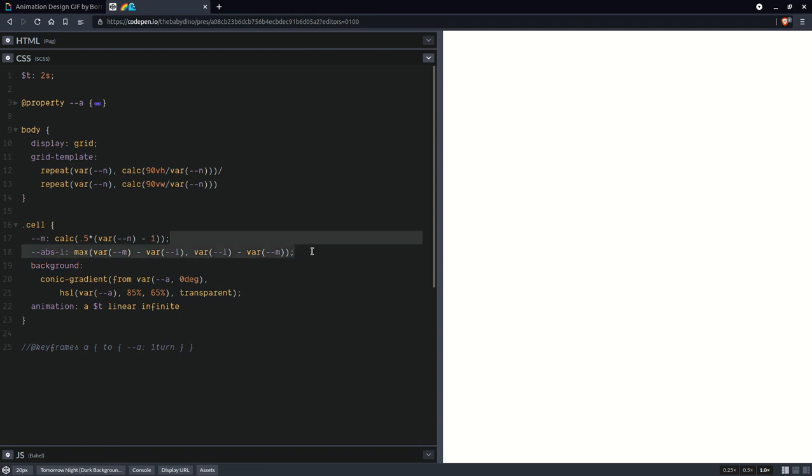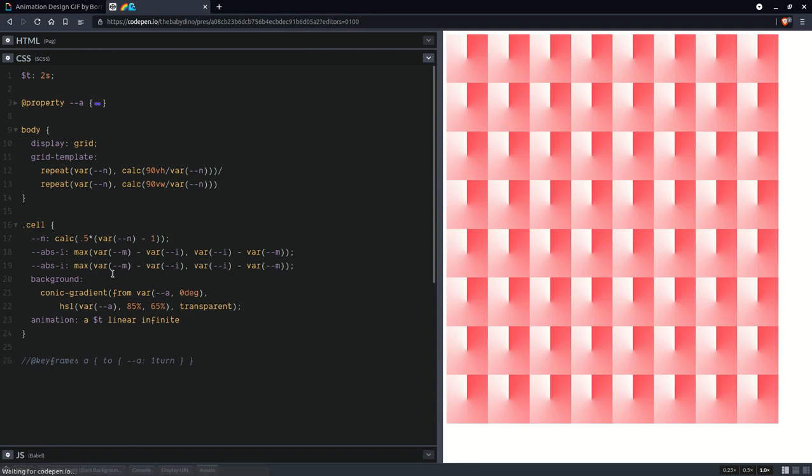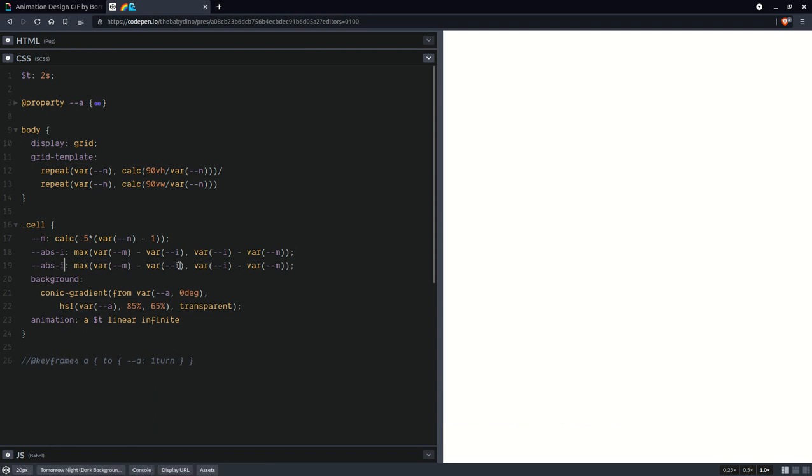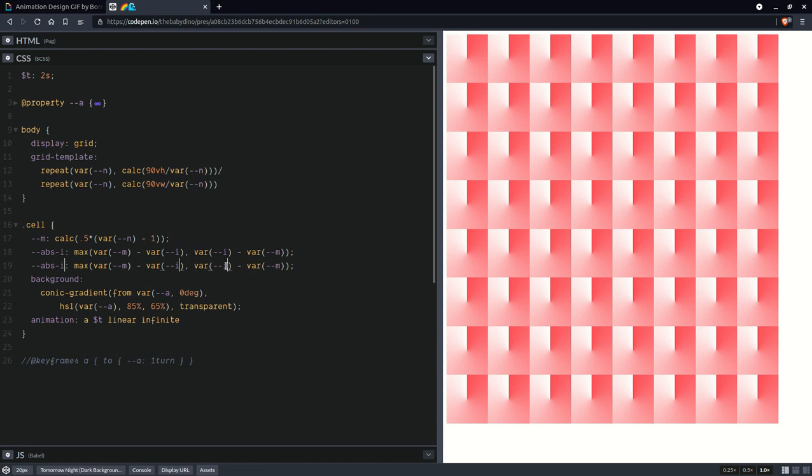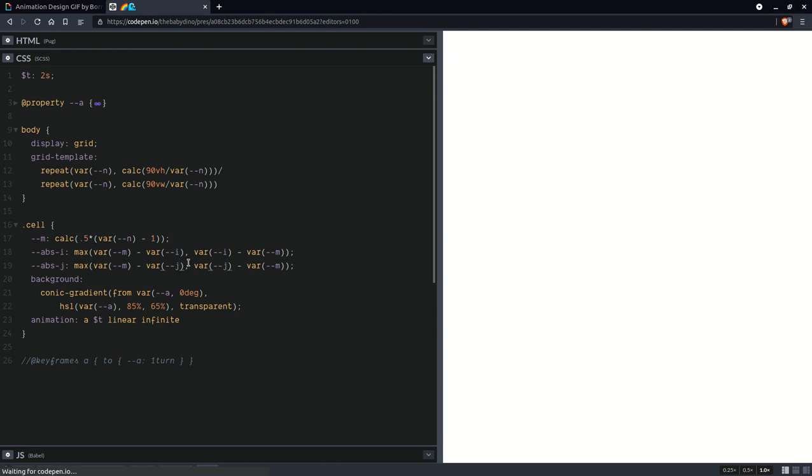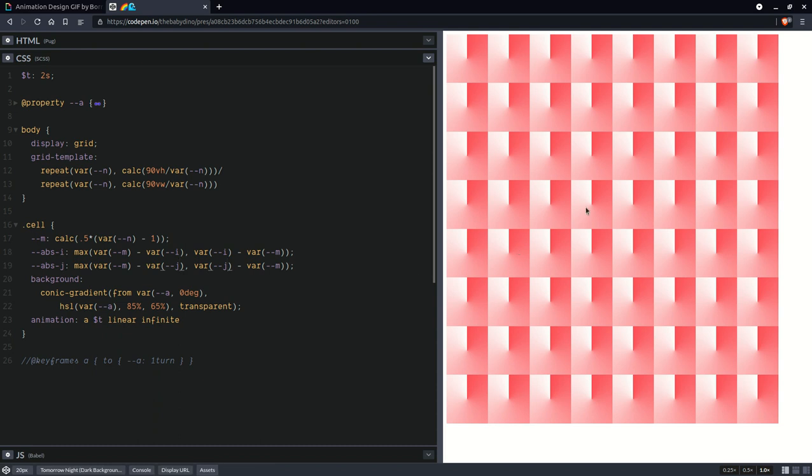And something very similar for the rows, except this is going to use the j index for the rows. The thing is, this absolute value, this difference, is going to be 0 in the middle, where the difference is maybe even 0 or 0.5. It's either 0 or 0.5 depending on whether n is odd or even,